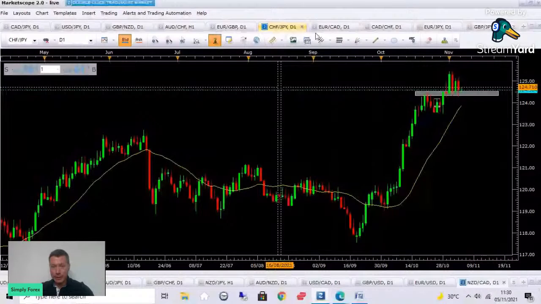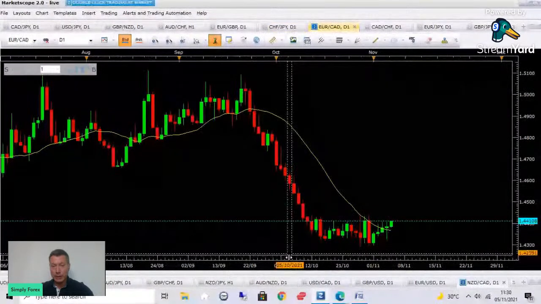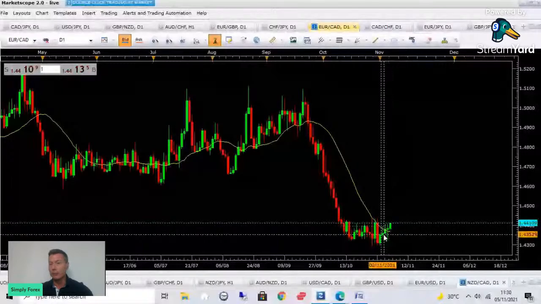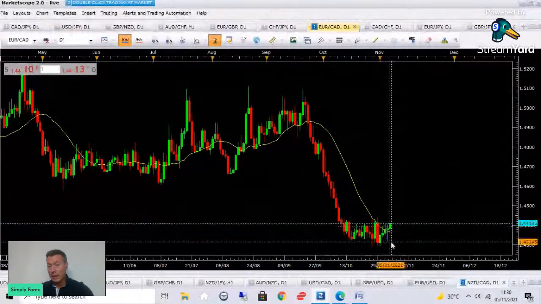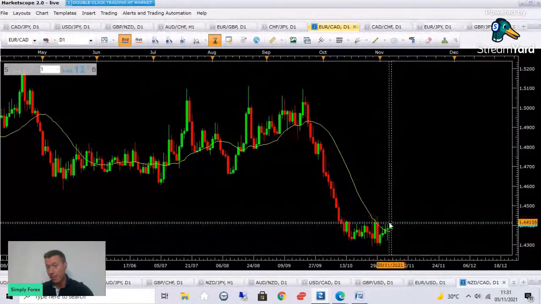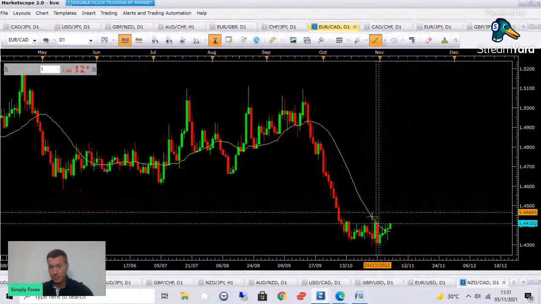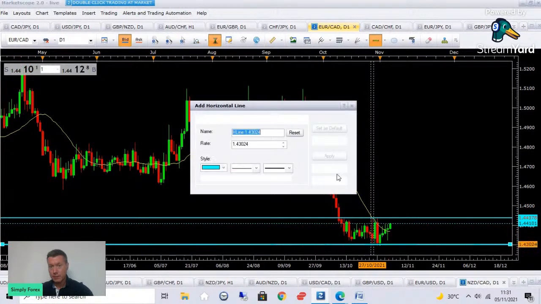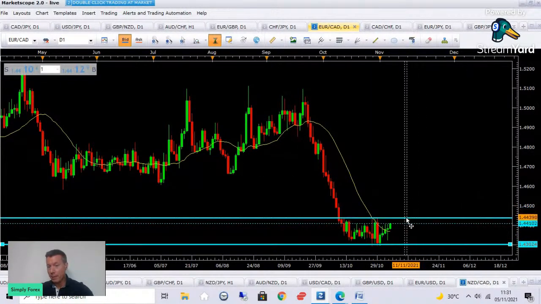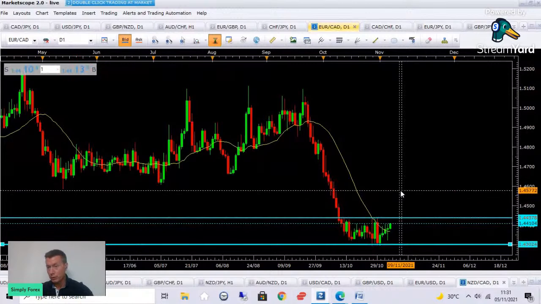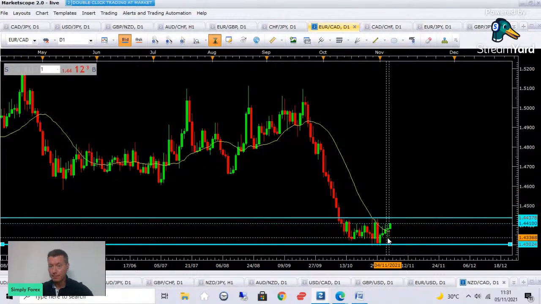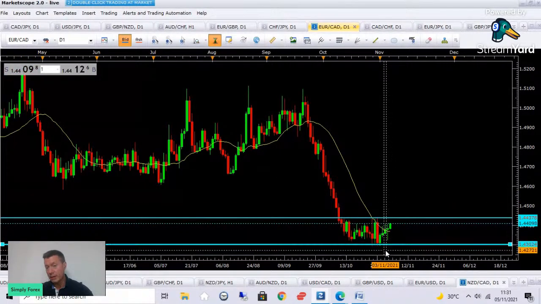Okay, so what have we got here? Euro against the Canadian dollar. Choppy, choppy, choppy. Price has reached here and it's just chopping away. I would stay clear of this. I want to see a break lower, or a break above this chop. If I see a break above this line, we could take price up to 45.77, probably up to 4,600. Or if we break this level, we're going to go lower.